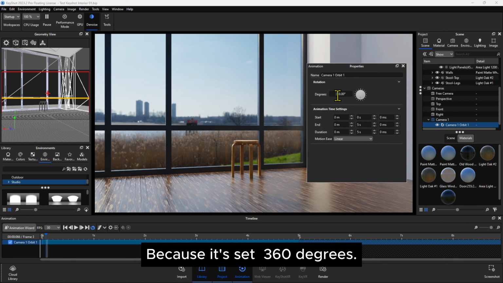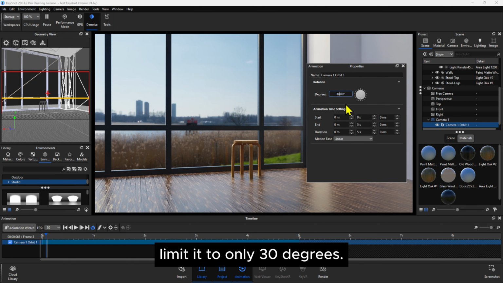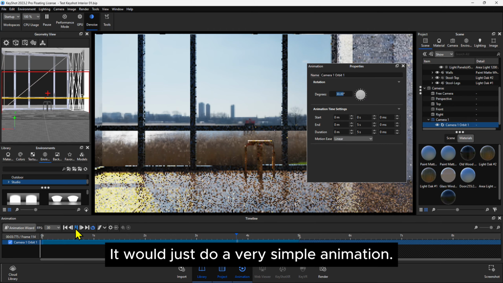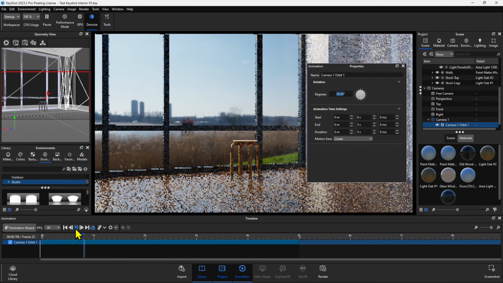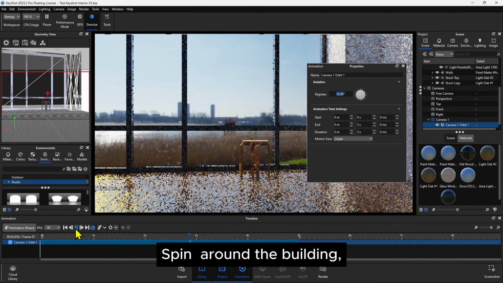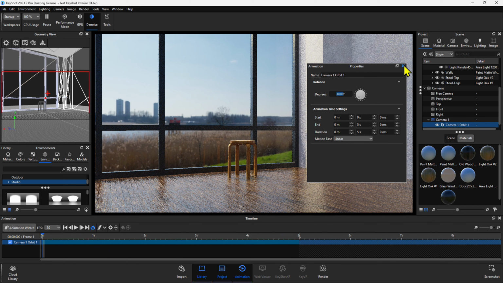Currently, it's set to 360 degrees, but if I were to change and limit it to only 30 degrees, it will just do a very simple animation that will stay within the scene, and you will not be able to spin around the building just like before. So I think this is suitable. I'm going to keep this, close this,